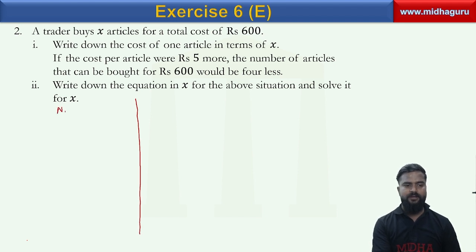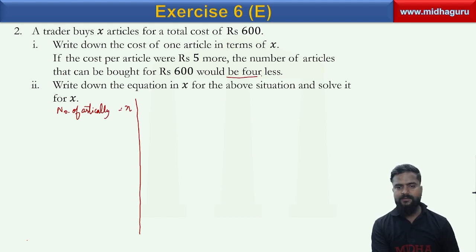First of all, it says the number of articles that was sold, let's say bought originally, is X. Now in the second case it says it is 4 less. So the new number of articles becomes X minus 4. And it says the difference in this cost is rupees 5. Let us say the CP originally was 600 by X for each article. Now the CP new